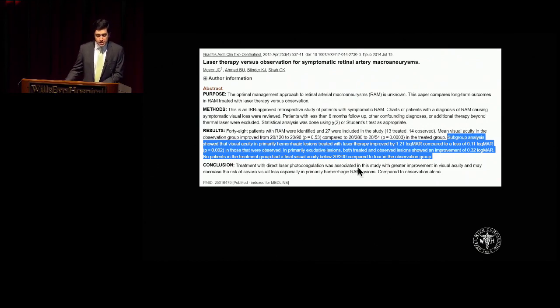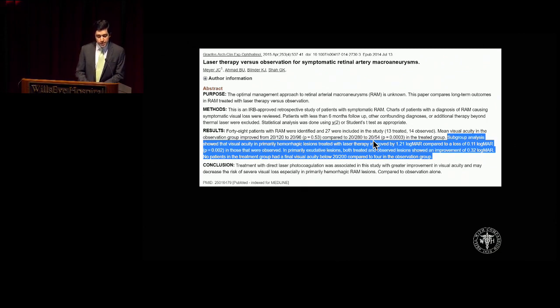As one can imagine, baseline visual acuity was lower in patients who received the treatment versus those who elected to be observed. So there was this baseline difference in the cohorts, although it was reported that overall, the patients who were treated with laser had a significantly better visual acuity change